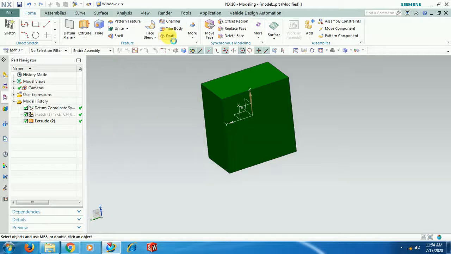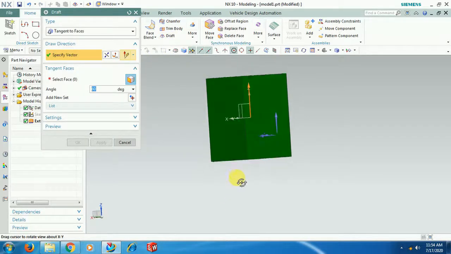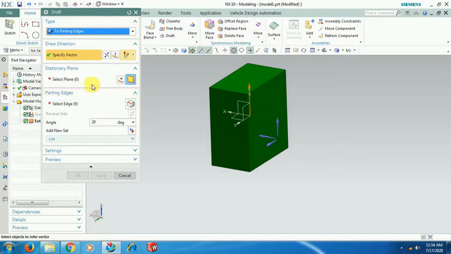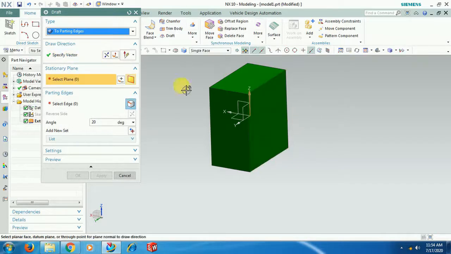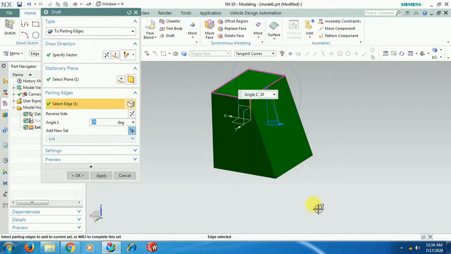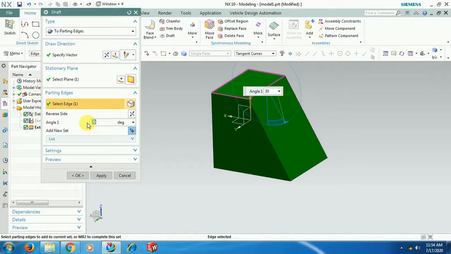Now in this last option, parting edge, here additionally you can see parting edge. See, vector, stationary plane, I select this surface. Parting edge, see, I select the bottom edge, then give angle 30 degrees. It's a simple option.